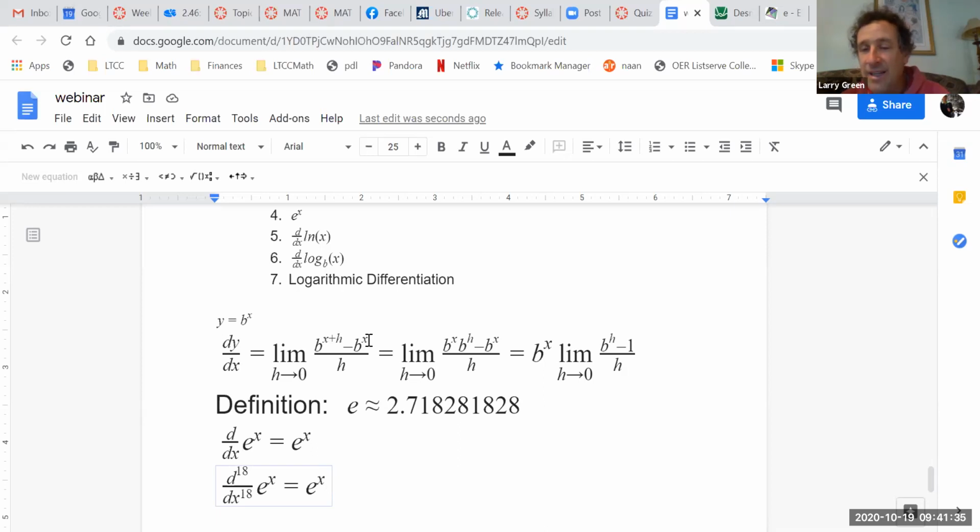E to the x is used when you're looking at any kind of population growth or bacterial growth. E to the x is really important in finances. If you're looking at inflation, e to the x. Or if you're looking at a company that is uninhibited and just keeps growing, that's e to the x. If you're looking at